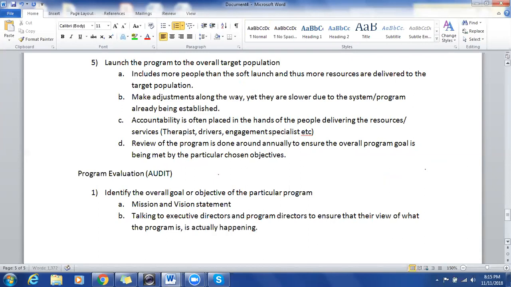So we talk to the program director, like, oh yeah, our outpatient substance use program is the best in the county. We have this going on and this going on. We walk into the outpatient clinic and none of those programs are going on, then we have kind of a problem, because audits and stuff are typically